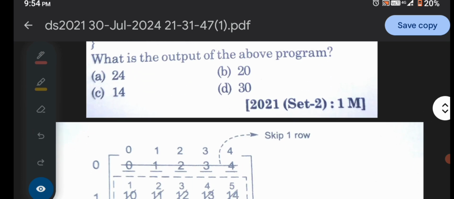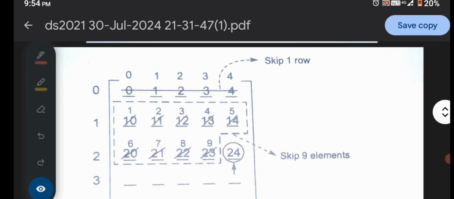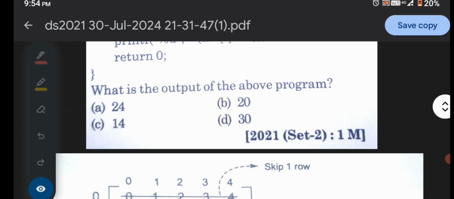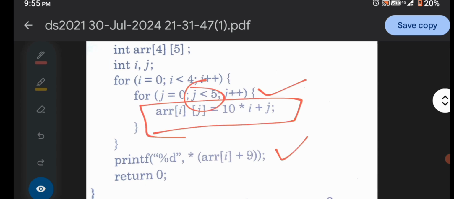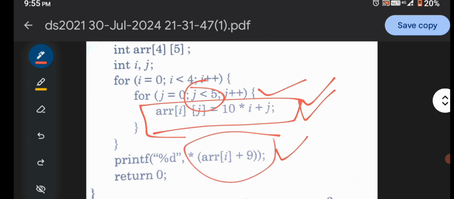Now we come to the solution of this question. It is a very easy and very logical question, because at the end of the statement you will get the correct answer. This is the main logic of this program, because array i plus 9 will be printed.